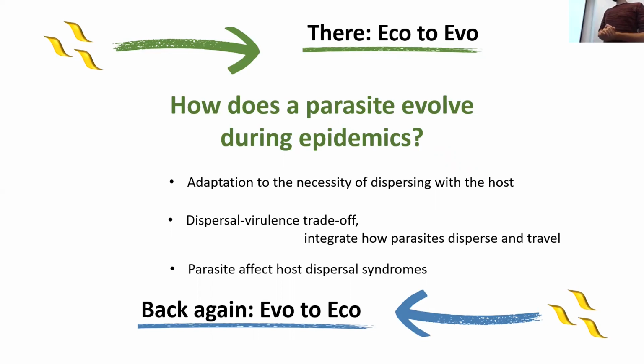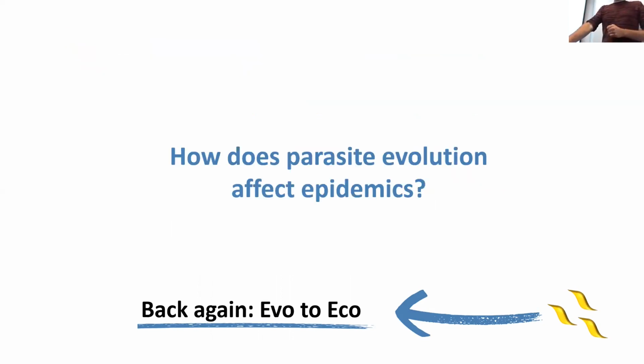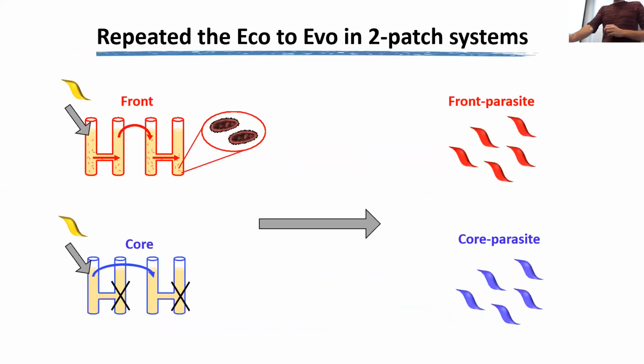Okay, now time to go back and try to close the loop. How will evolution feed back and affect the epidemic dynamics? So, second part of this experiment again. And to do that, well,